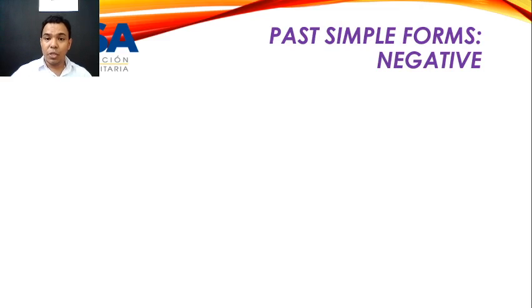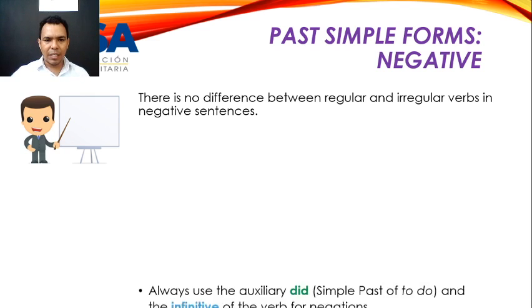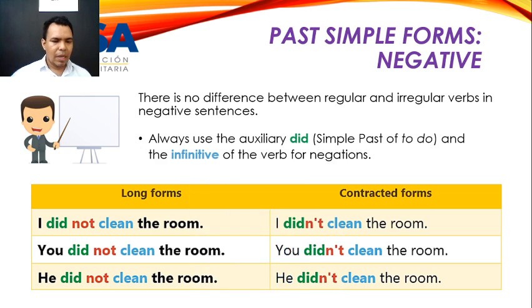Now, let's continue. After you have solved these previous exercises, now I want to explain how to make negative sentences. In negative sentences and also in questions, we need auxiliaries. And there is no difference between regular and irregular verbs in negative sentences. We always need to use the auxiliary did, the past of the verb to do, and the infinitive of the verb. For example, we can use the long form: I did not clean the room, you did not clean,